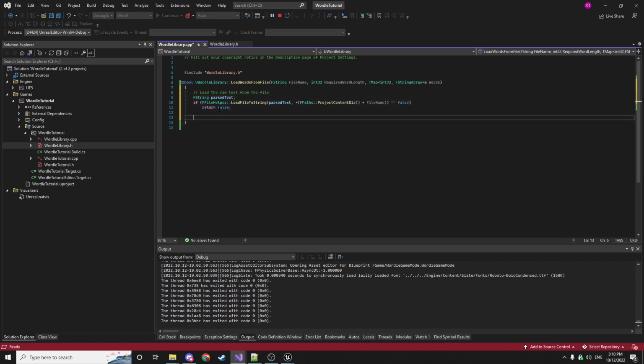The next thing we want to do is parse the text so that we have one entry per line. Because right now, this parsed text is just going to be the entire file inside of one string. So every single word inside of one string. So we want to break that down into an array. So to do that, we can say TArray of FStrings, and we're going to call this ParsedWords. And we're going to set that equal to